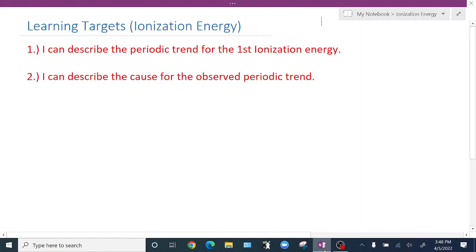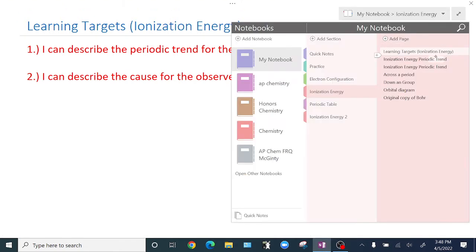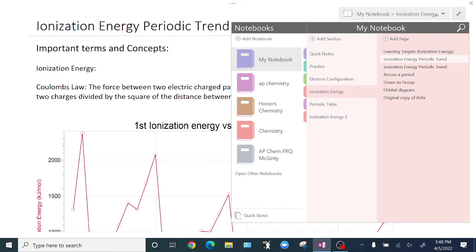Okay, welcome back everybody. Today we're going to be looking at ionization energy and periodic trends. Your two learning targets for today are: one, I can describe the periodic trend for the first ionization energy, and two, I can describe the cause for the observed periodic trend. All right, looking at the note pages that you have out in front of you,